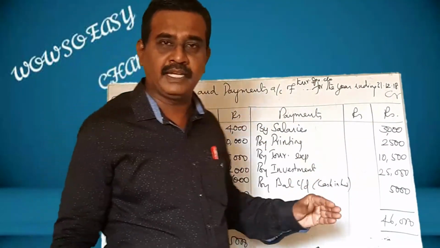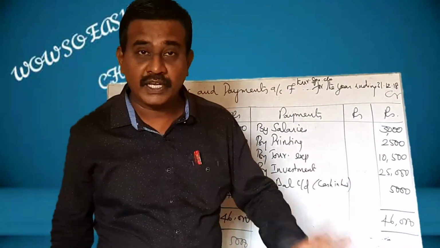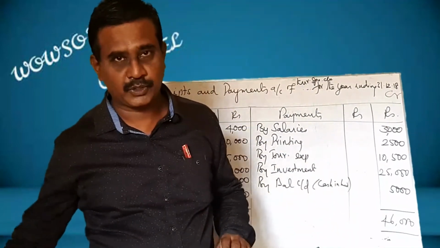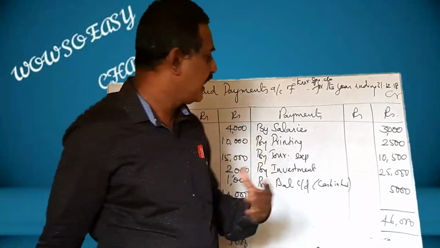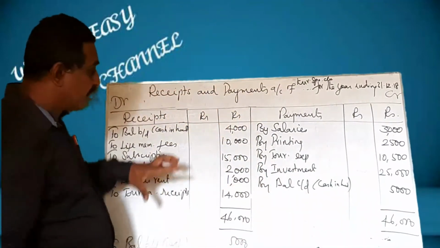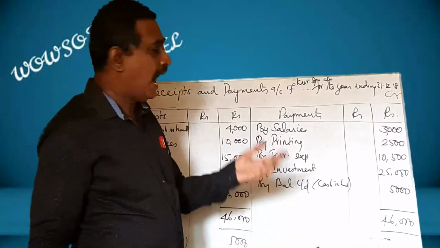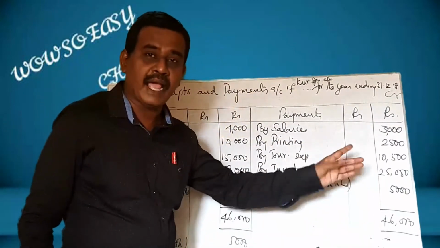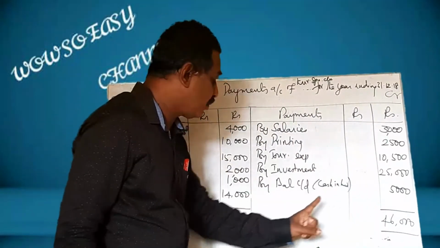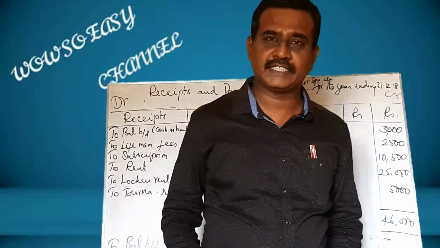Likewise, when payment is made, money will go out of the business. All payments will be recorded in this side. You need not worry about whether the payment is meant for the previous year, current year or next year, subsequent year. If money goes out of the business, record it in the credit side, payment side, and then go for balancing these two. If this side is exceeding, it means there is cash in hand. And if this side is exceeding, the balance will be treated as bank overdraft, and that bank overdraft will be shown in the credit side. That's all. Shall we go to the next sum?